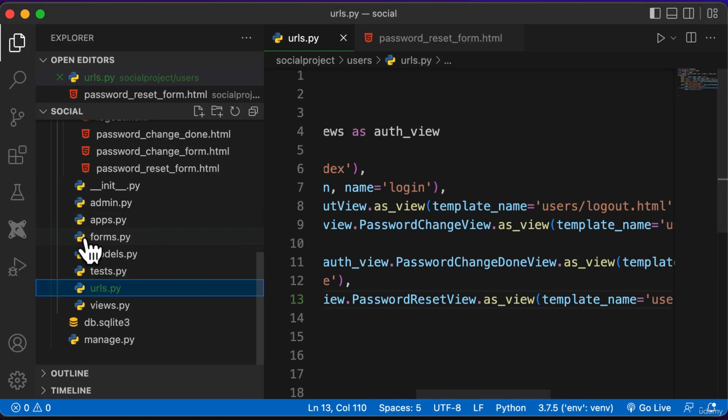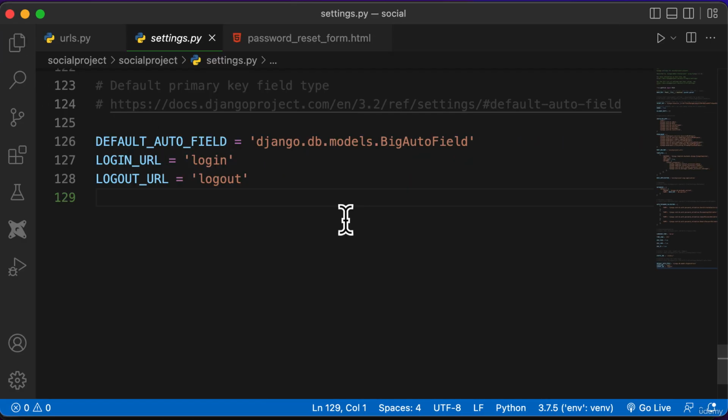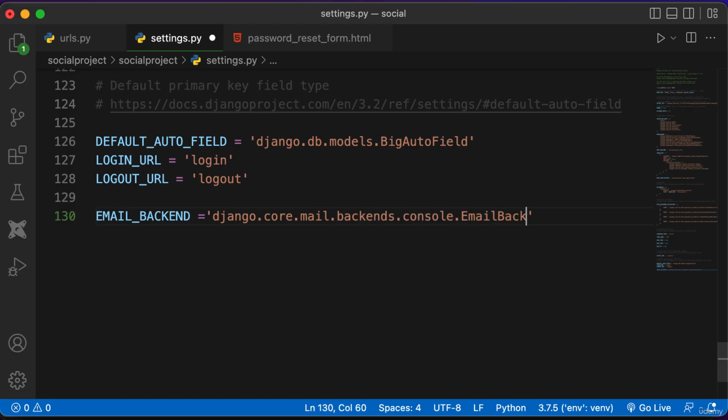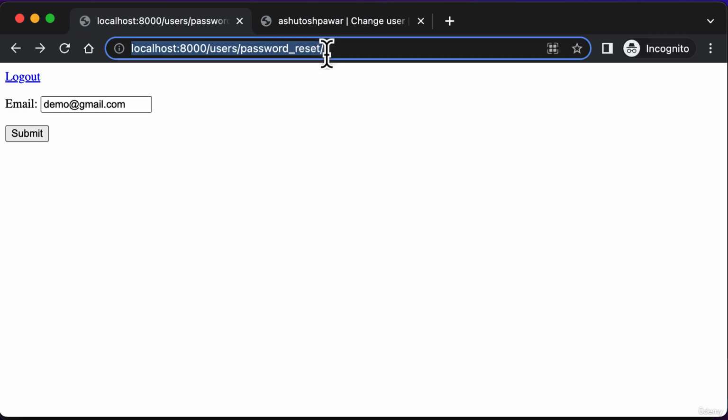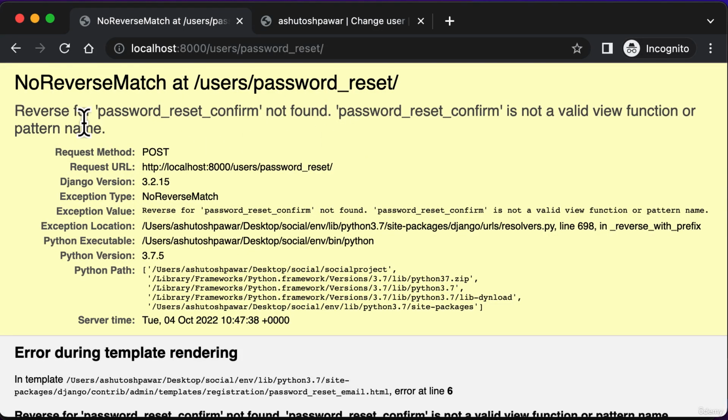And in here you need to go to the settings.py file of your main app, and here you actually need to set up the email backend. So here you need to say EMAIL_BACKEND equals, and that should actually point to the console. So here you need to say django.core.mail.backends.console.EmailBackend, and what this does is that it basically is going to log the password reset link into the console. So let's see if that actually works. So let's go back here. Let's visit this URL. Let's type in the email, and when I click submit, it says no reverse match found